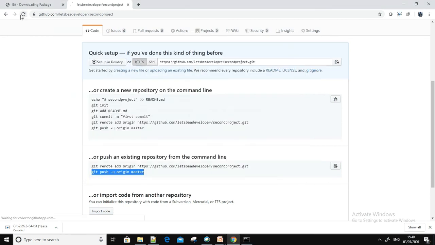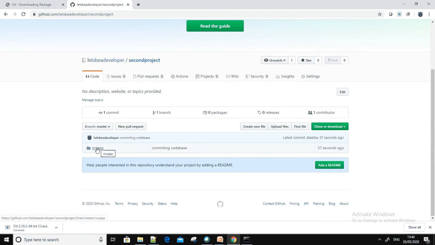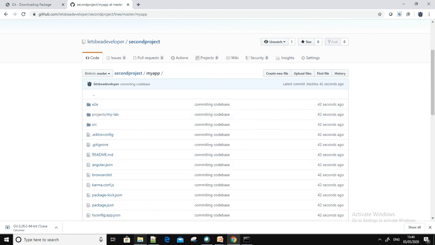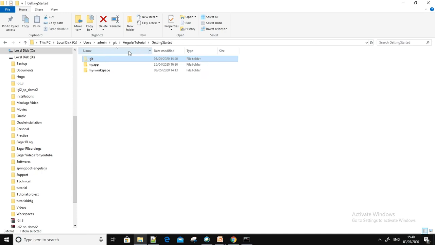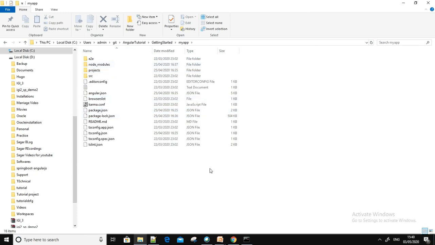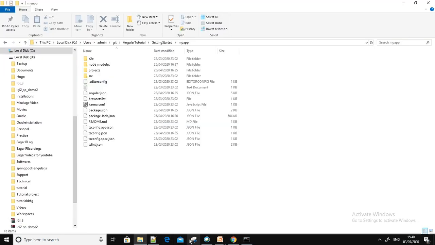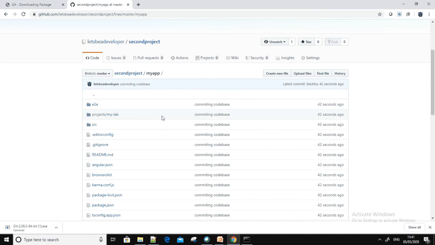I'm just refreshing my project. So you can see that my app got added, and inside that all these folders got created. If I go to the repository, my app, here you can see there is the end-to-end file and project source, but in the local project, the end-to-end project source and node modules are also there. So you might be wondering why node modules is not sent to the repository. The answer is, as I have explained in one tutorial about the project structure, that there is a git ignore file, that is a workspace config file.